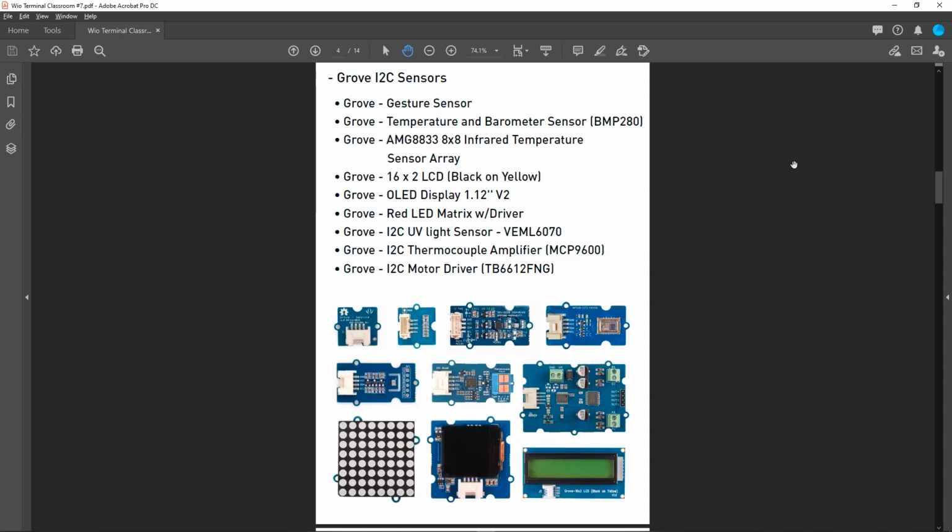I have talked about Grove sensors in my previous video, but I will give a brief introduction about Grove in this video also. Grove sensors are sensors having a port like this. This is called a Grove port, and this port has 4 pins connected to it. You can easily connect these Grove sensors to development boards by using a 4-wire cable. You just need to plug in from here and plug in to the development board to start prototyping your projects using the Grove sensors in our Grove family.